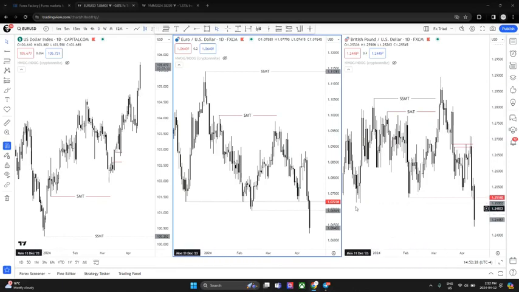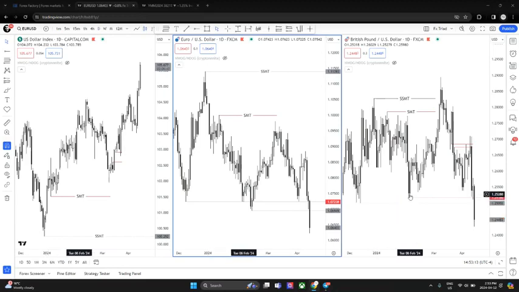These types of moves happen a few times per year. But this is what you really want to be using to get in the flow of price action, so you don't make mistakes of holding buys too long, which you can, but you would just be going against the trend. Because this is the trend. This is what caused the trend. This is the reason for the trend. This bullish SMT down here did not matter once this happened. This got canceled immediately.